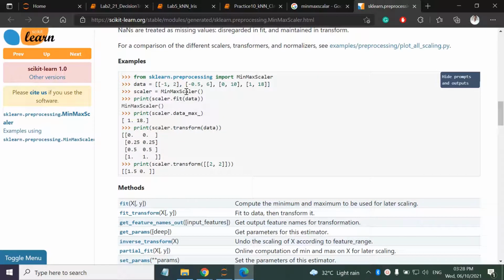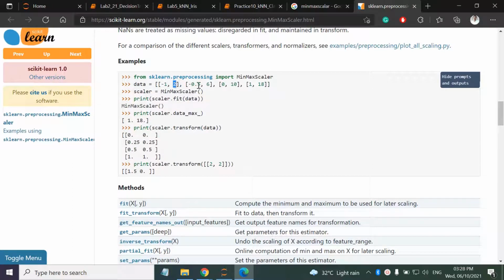Now see the effect. What happens in scaling? The minimum value in that column will be assigned to 0. So here see the first column, -1, -0.5, 0 and 1. The least value will get 0 and the highest value, which is 1 here, will get 1. See the second column.